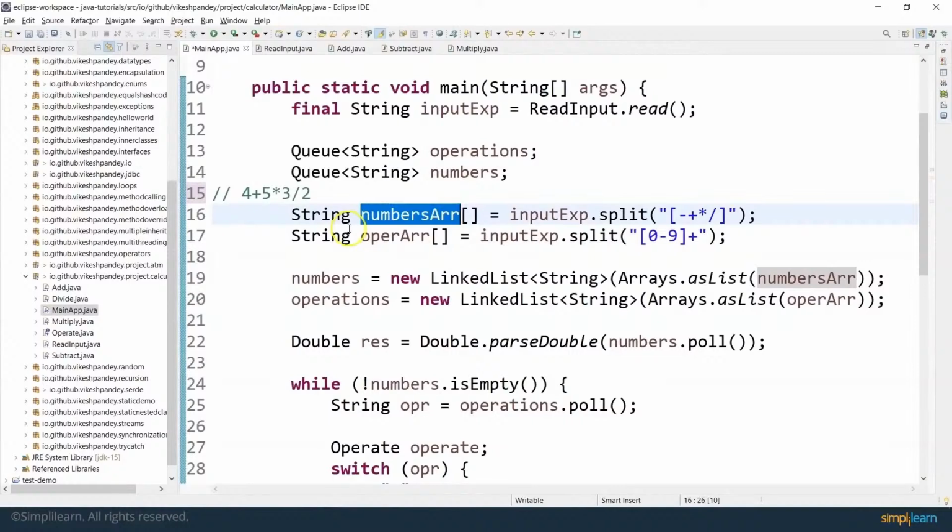Let's have a look at what these classes contain. If I go to the add class, first of all, it is implementing an interface called operate. And this operate interface has just a single method called getResults, which is accepting a variable argument array. If you remember, I told you that you can also use a var-arg array. This is called a var-arg expression. This means that this numbers will be an array of arbitrary length. It can be a 1-element array, a 2-element array, a 4-element array, or whatever you supply. But it is still going to be